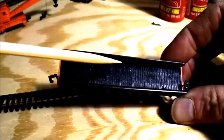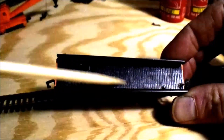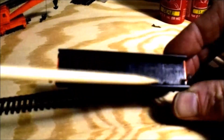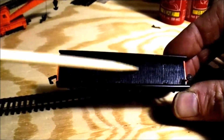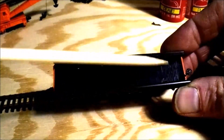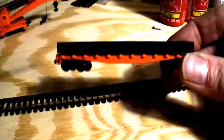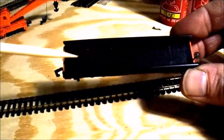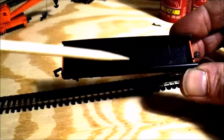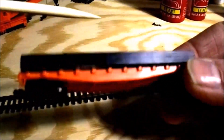we've got some simulated wood here, and I might smooth this down a little bit, okay, and I might use some like a dark brown wash, and then use a little lighter and paint it like wood, and then I'm going to paint it Penn Central green over it, and then I will wear off some of the paint to reveal the wood. So that will look like weathering there, and here on the sides,